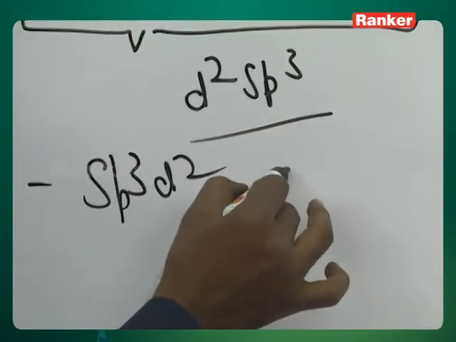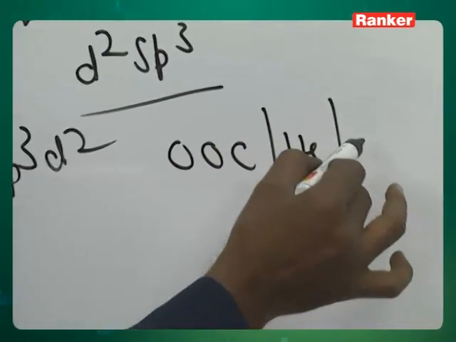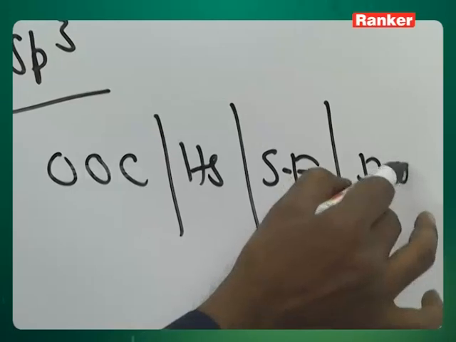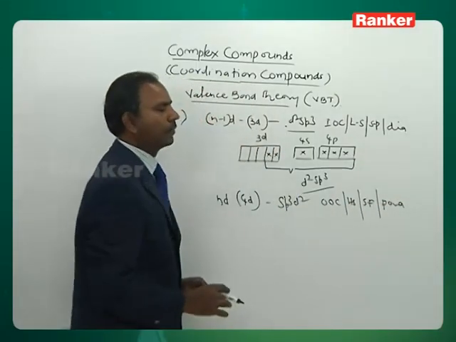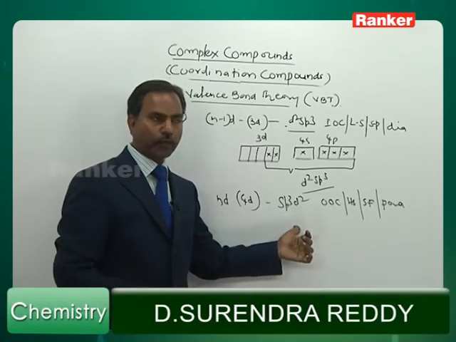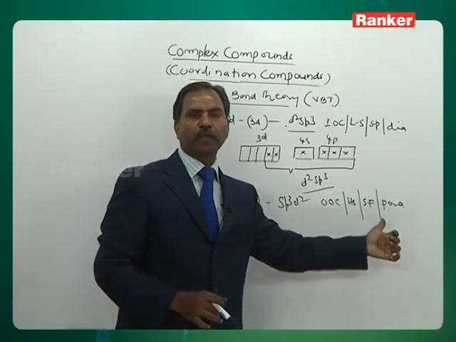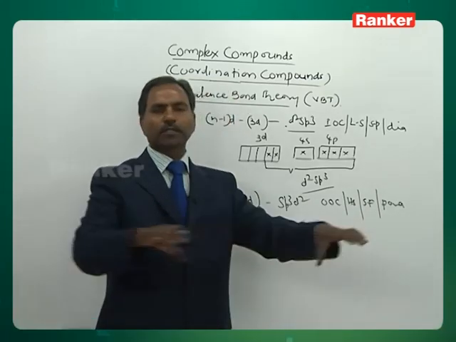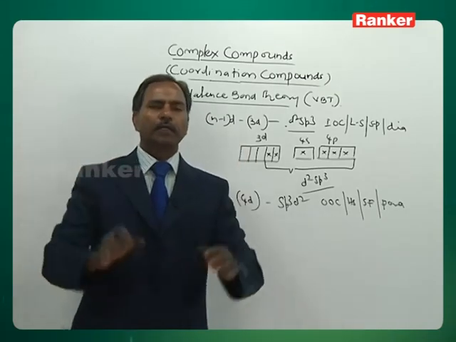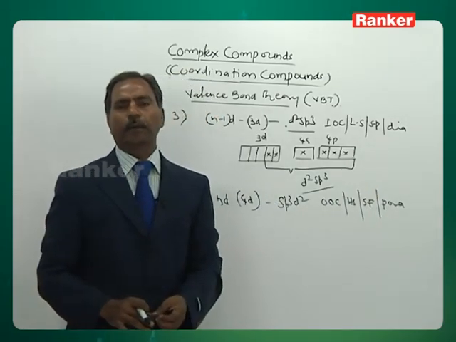The complex is, you can say, outer orbital complex, or you say high spin complex, or you say spin free complex. Definitely there is no pairing of electrons. The complex is what? Paramagnetic. What you are saying now? Outer orbital complex, sp3d2 hybridization, outer orbital complex, high spin complex, spin free complex, and once the electrons are not getting paired, unpaired electrons are remaining in the complex, that particular complex exhibiting paramagnetic property,